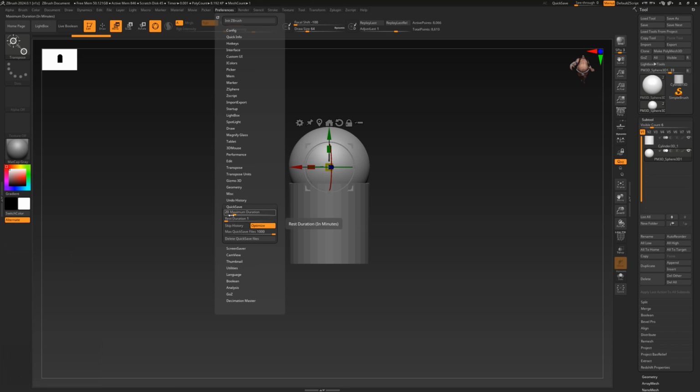So the first thing, say maximum duration. The maximum duration of ZBrush is still open, and you work with it, and every 20 minutes of your work, ZBrush saves your file. And if you just leave ZBrush and go to do other things, every minute it does a saving. So if you want to make it more, just drag it to every, I don't know, 10 minutes